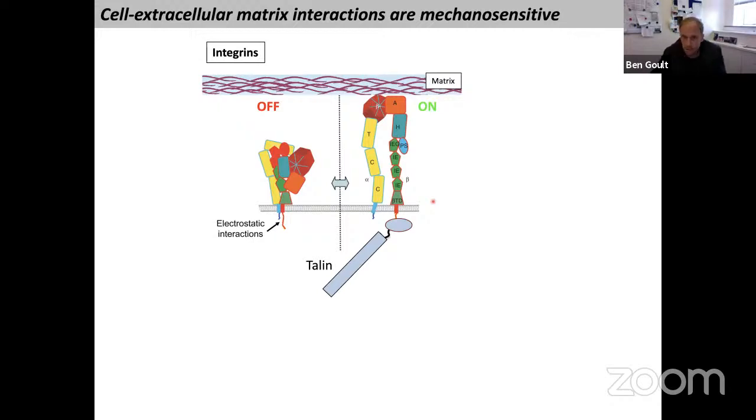This is what I think is the memory molecule of animals, but I'll hopefully convince you why I think that's the case. But talin's very important for this process because it can pull on these cytoplasmic tails. So this is the inside of the cell down here, and this is the outside. And talin can pull on these tiny legs and switch the integrin on or off. So it can coordinate whether the cell attaches or lets go. But what talin also does is it directly couples the extracellular matrix and the integrins here to the force-generating machinery, the cytoskeleton inside of the cell.